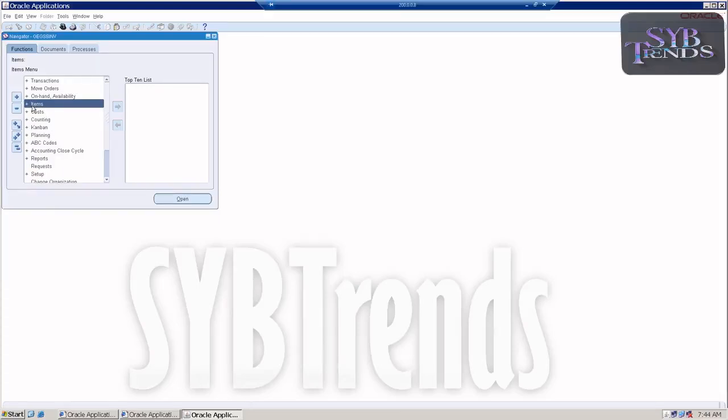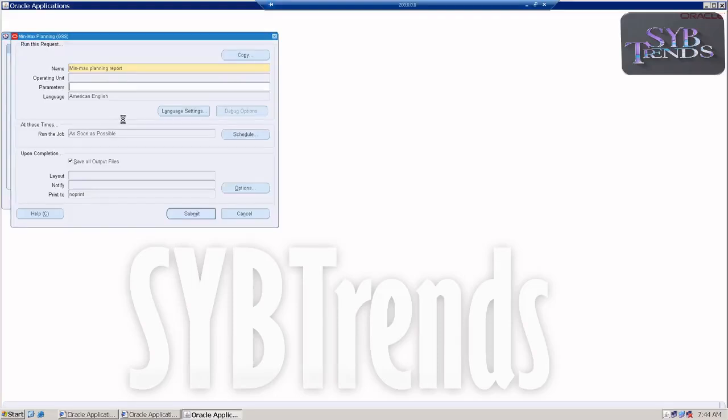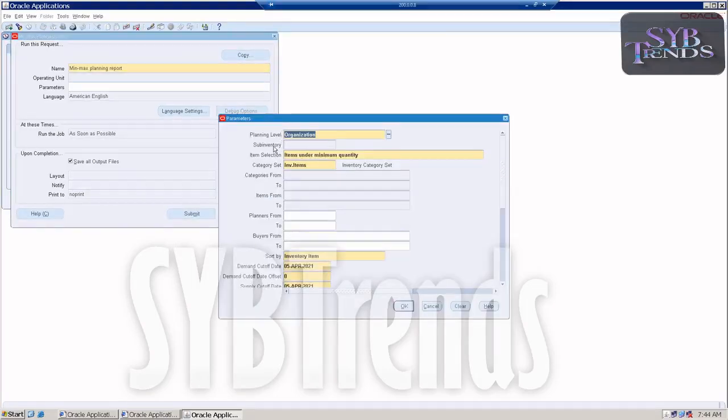Now regularly we have to run our planning reports, min-max planning. When I'm going to run the planning reports, here you choose at what level you want to run your planning. We can set this min-max planning at organization level or at my subinventory level. Since we have set the parameters at organization level, I'm going to set the planning level at organization level, and item selection is items under minimum quantity